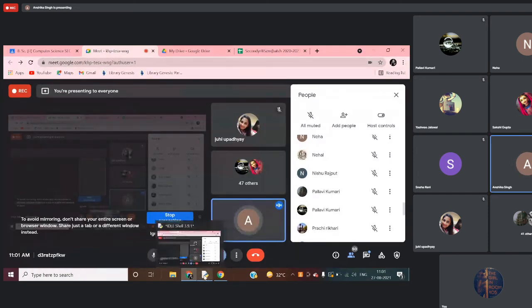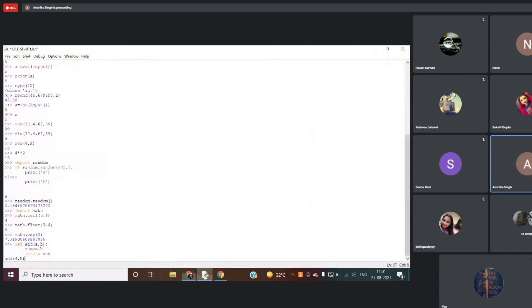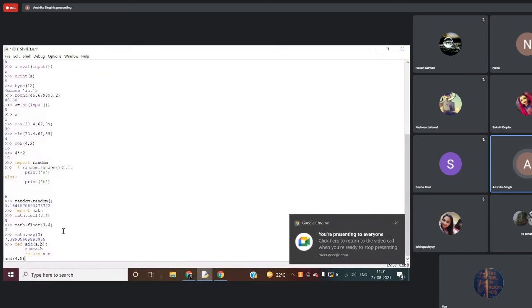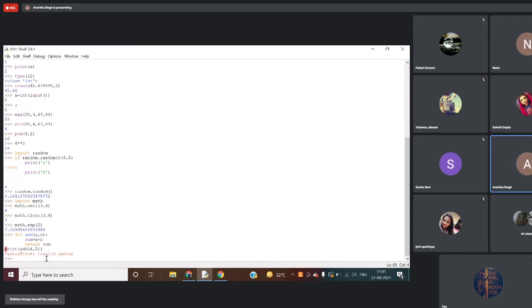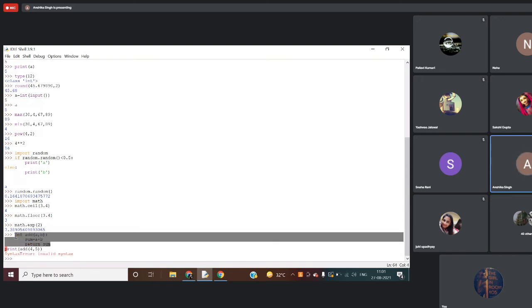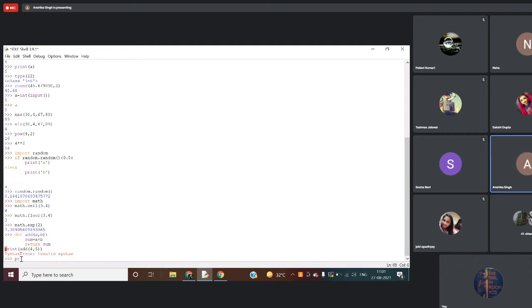Okay, bache. So where were we? Function, right? Like this. You can call the function. So it is returning a value to me. So I should use a print statement here. Otherwise, I will not be getting the answer, right? It will be computing the value, but not giving me the answer. Oh, sorry. It is giving me error because it is not interpreting it. Print.